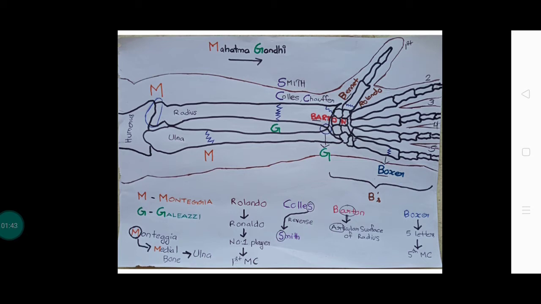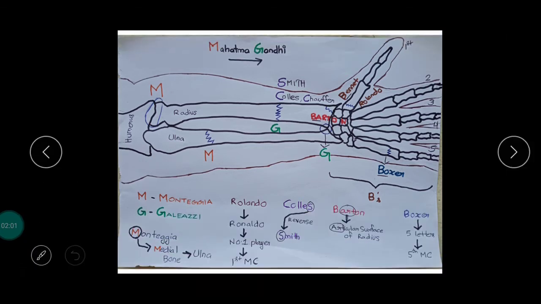So we'll write that the fracture in the proximal third of the ulna and dislocation of the head of the radius is known as Monteggia fracture. Just remember, in this case the fracture is in the proximal third, so the joint nearby this fracture will of course be the radio-ulnar joint. So remember: a fracture in the proximal third of the ulna and a dislocation of the head of the radius is the Monteggia fracture.